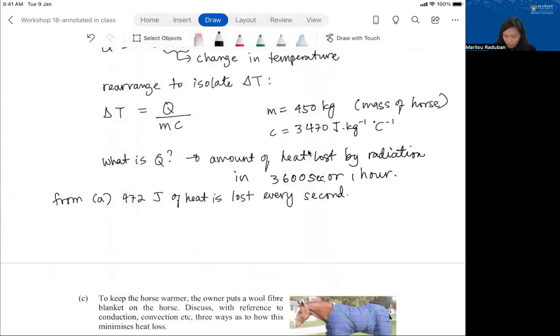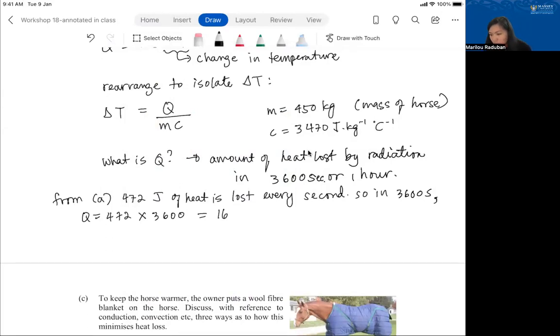Right, so from question A, we've seen that 472 joules of heat is lost every second. So in 1 hour, or in 3,600 seconds, the amount of heat lost will be 472 times 3,600 seconds, right? Because 472 watts means 472 joules of heat is lost every second. So in 1 hour there should be 472 times 3,600 seconds of heat lost over that 1 hour. And if you do the multiplication here,